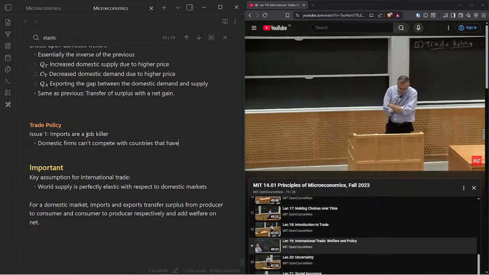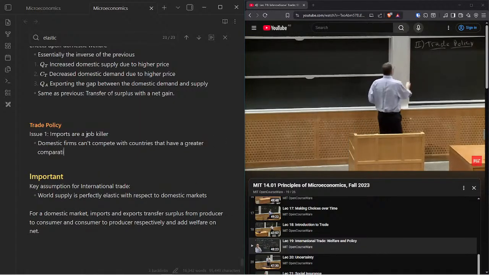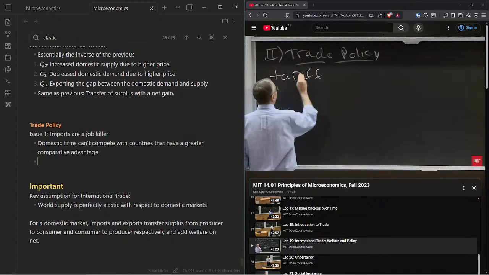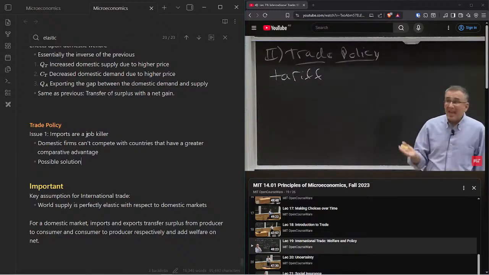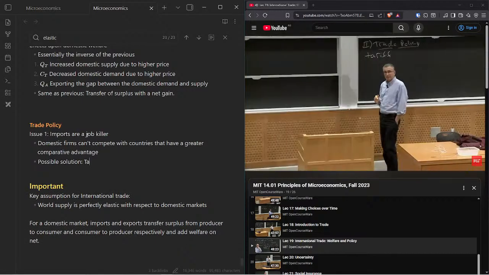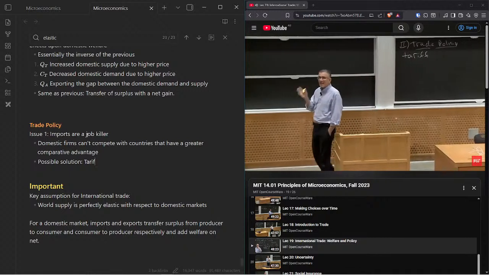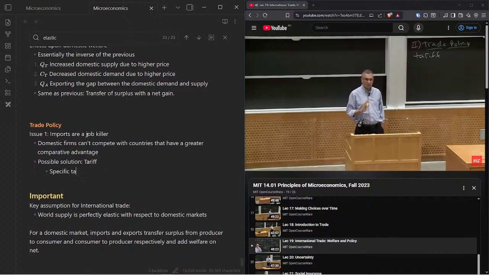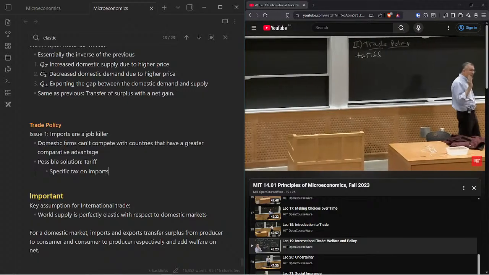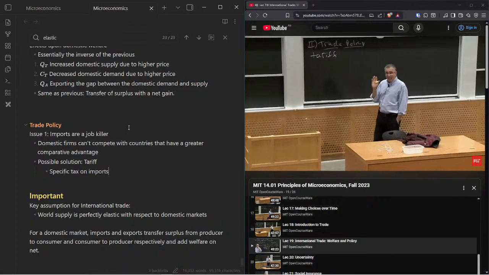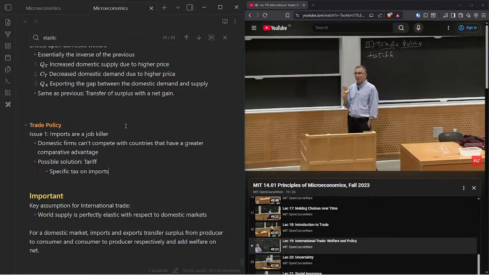So, for example, we could impose a tariff. I mentioned this earlier in the course. A tariff is a tax on imported goods. So we could say that any roses that come from Colombia, we will tax them. A tariff is a specific tax on imports. As I'll show you in a minute, but I think your intuition could tell you already, this turns out to be a bad idea, because while it does help producers, it hurts consumers more. And to see that,